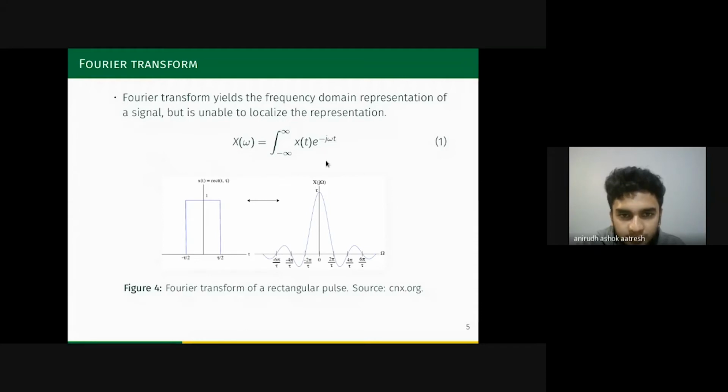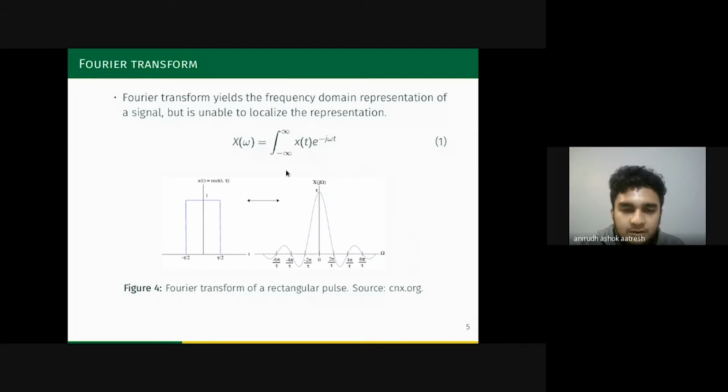Equation 1 represents the mathematical formulation of a Fourier transform, and Figure 4 shows a visual representation of a time domain rectangular pulse here, and its corresponding frequency domain representation. For those of you who are familiar with this concept, this frequency domain representation is also known as the sinc pulse.